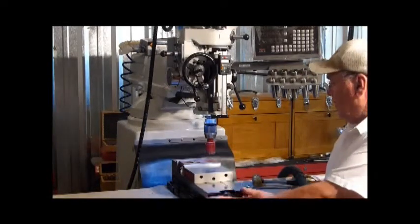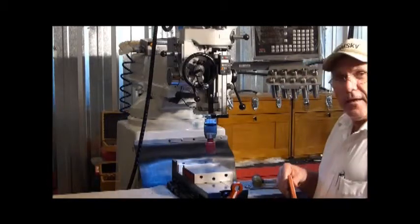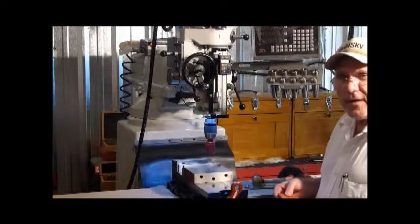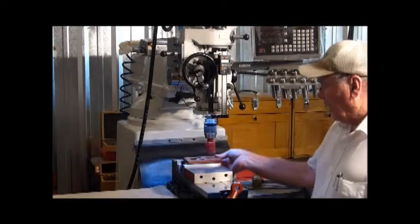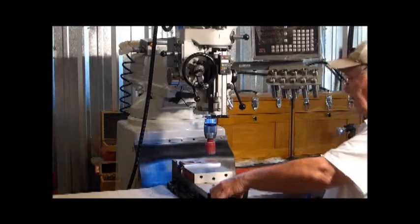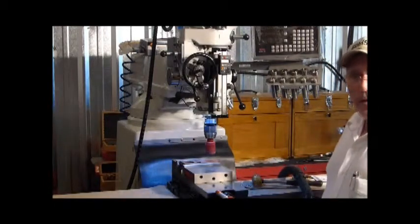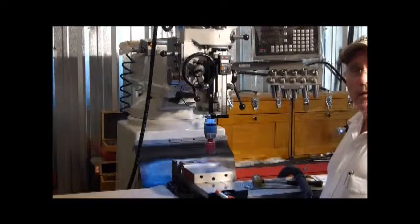And this is our stock. It's 1/2 inch thick. It's a piece of steel off an old International Harvester cultivator, and we're going to sacrifice it today to make a hole in it. The secret to drilling a hole or sawing a hole in metal is slow speed, steady